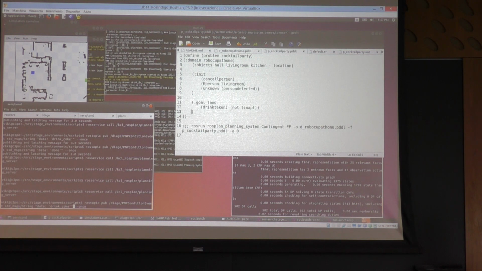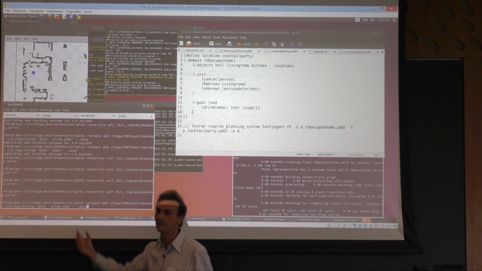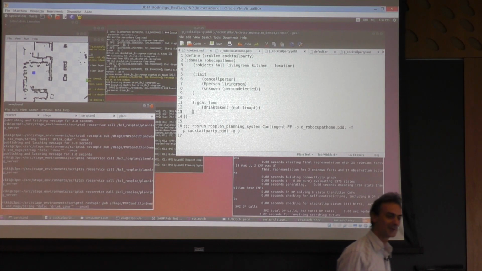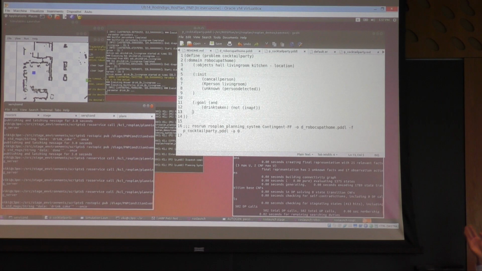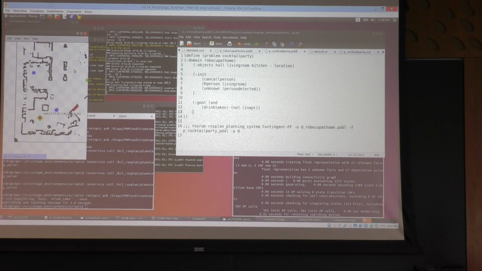So I can say I want a Coke, by sending a condition whose name is drink Coke. But we can choose any other drink. Anyway, we will not get any drink at all. So now the robot knows which drink the user wants, and it will go to the kitchen to grab the drink.